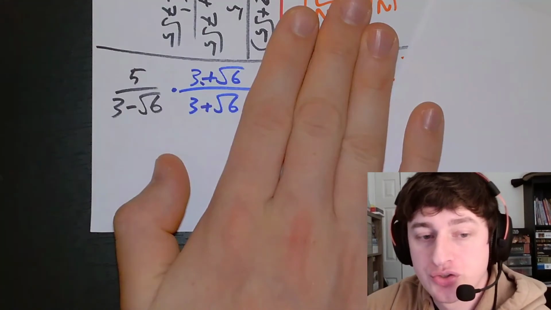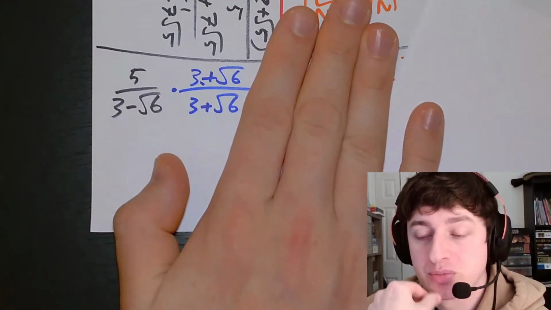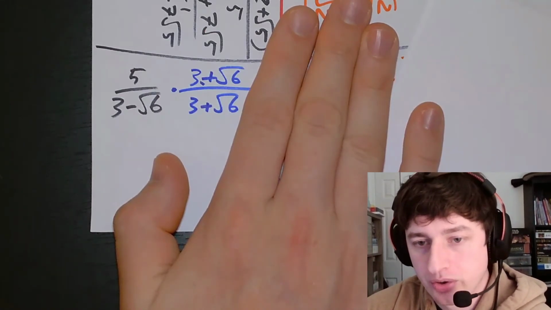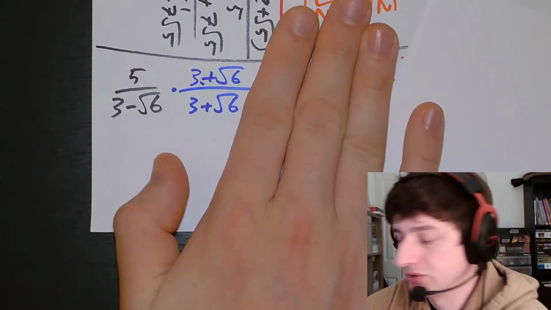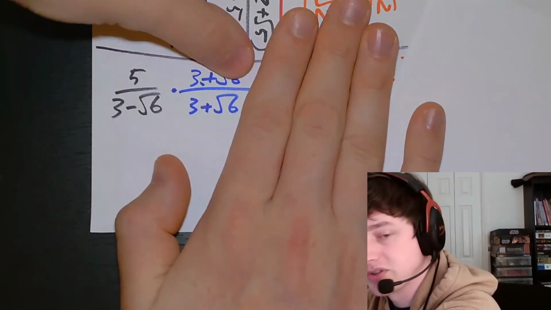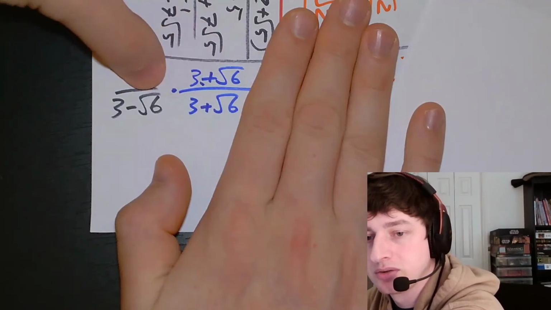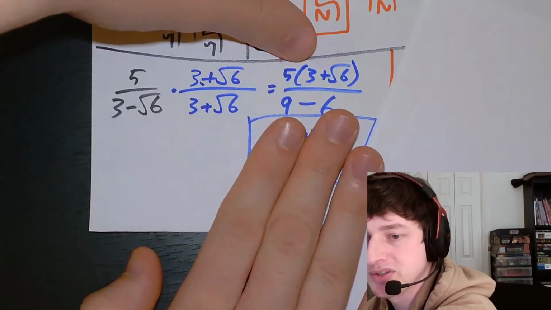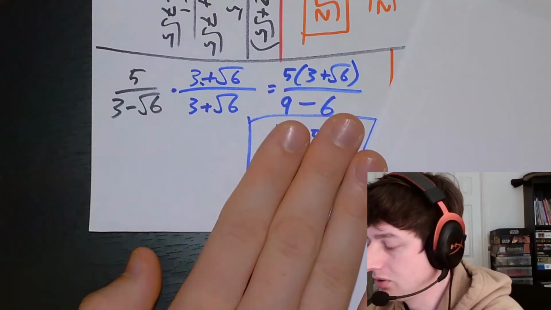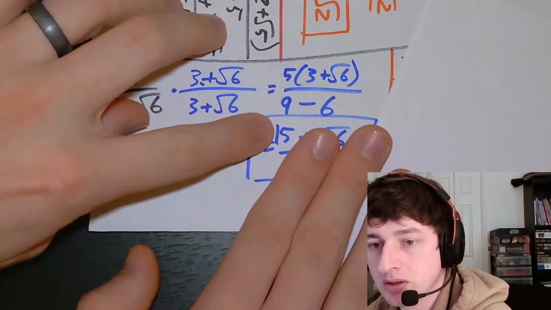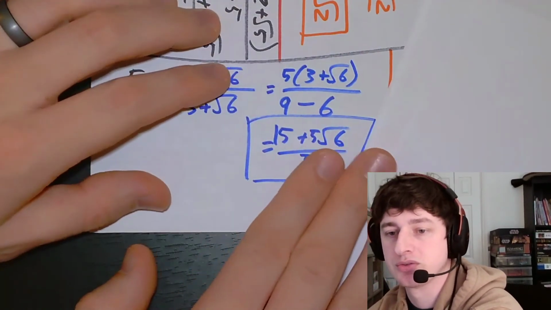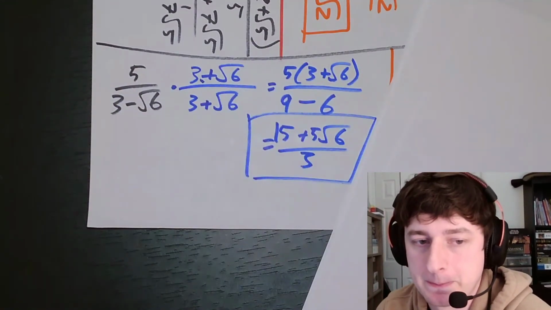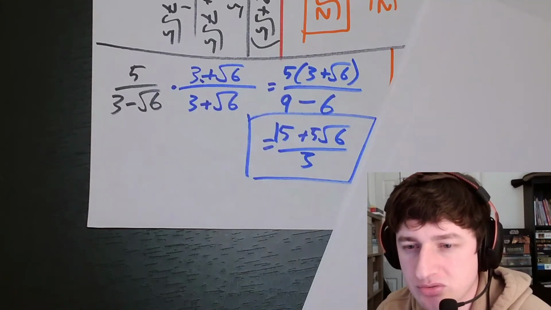And now I need to distribute across, because we're doing fraction multiplication, so we just multiply straight across. It's like a half times a half is a quarter, right? 1 times 1 and 2 times 2. So we're going to do 5 times 3, 5 times the square root of 6, and then 3 times 3, and square root of 6 times the square root of 6. I wrote this in parentheses and didn't do the distribution right away, but you could. So 5 times 3 is going to give us 15. 5 times the square root of 6 is going to give us 5 root 6. And then 9 minus 6 is 3. I think I went a bit faster than that, but